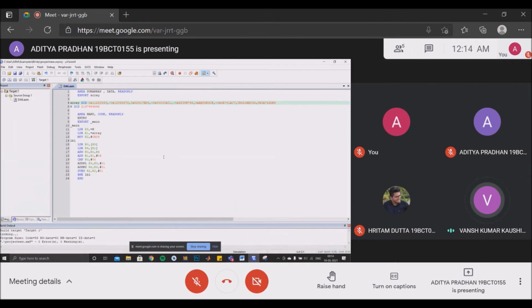Now we see in line 15 of our code that the constant value whose address is stored in the R5 register is loaded to the R0 register. The first element of the array, which is pointed by the R1 register, which contains the base address of the array, is loaded into the R4 register.